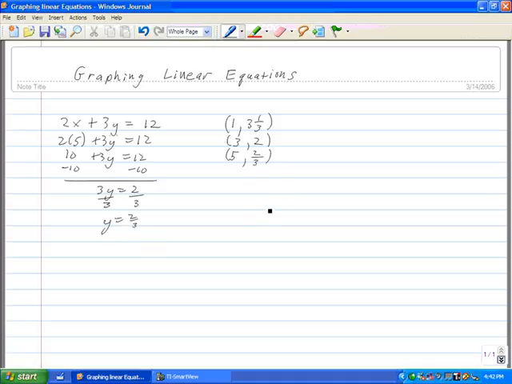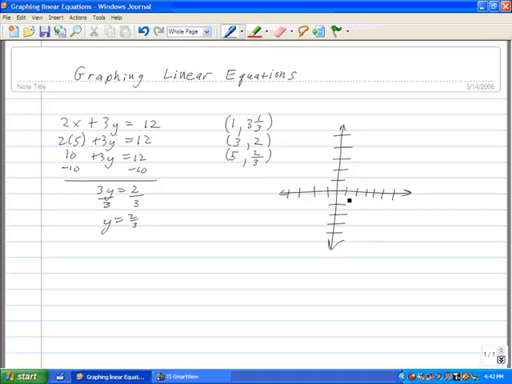Now this is a very easy process, as you can see, but with the numbers that we're coming up with, you can tell it's probably not the best way to do it, because we are coming up with some strange values, or some fairly hard to graph values. We'll come in here and do the best job we can by hand in finding the line that those values